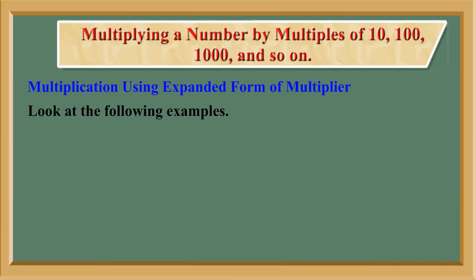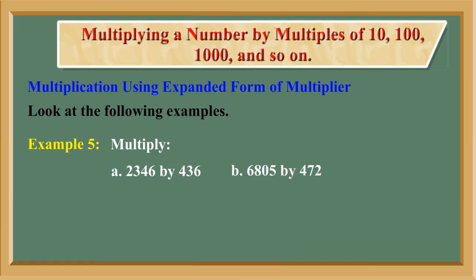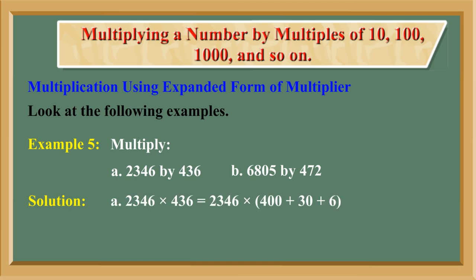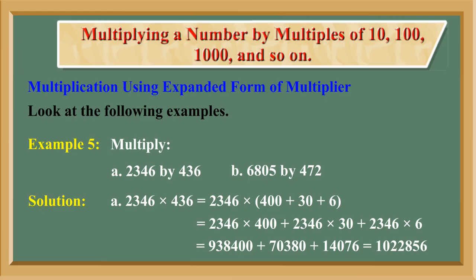Multiplication using expanded form of multiplier. Look at the following examples. Example 5. Multiply A. 2346 by 436. B. 6805 by 472. Solution: A. 2346 multiply 436 is equal to 2346 multiply 400 plus 30 plus 6 is equal to 2346 multiply 400 plus 2346 multiply 30 plus 2346 multiply 6 is equal to 9,38,400 plus 70,380 plus 14,076 is equal to